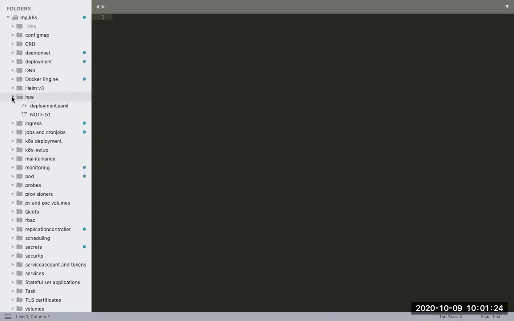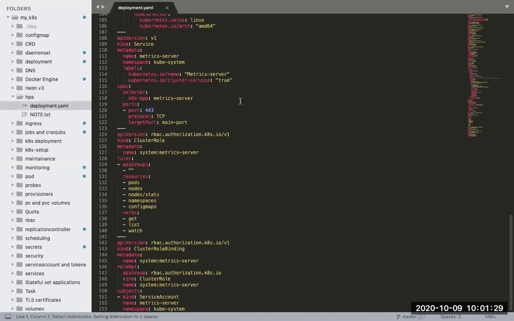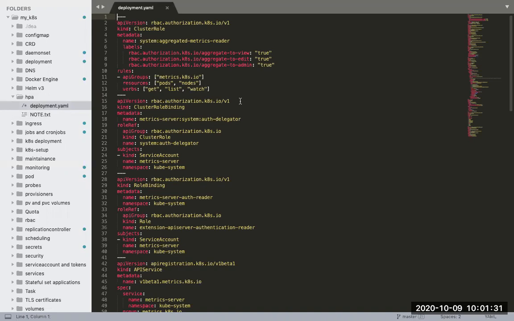In order to deploy this horizontal pod auto scaling, generally in Kubernetes, if you want to implement it, first of all, we have to install a particular metric aggregator. Once you install that, then only you can achieve the functionality of horizontal pod auto scaling. Without this metric reader or aggregator, you cannot achieve it. The same thing you can see in cloud providers like GCP or AWS. You will see something like auto scaling.